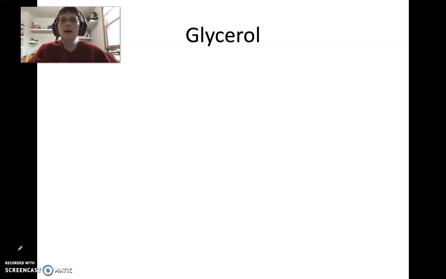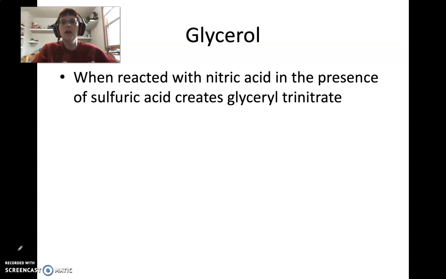This is lecture 5 from chapter 12, picking up with talking about alcohols. So we're going to talk a little bit about glycerol. We saw in the last lecture that glycerols are alcohols where 3 hydroxyl groups have replaced the hydrogens. And the reason why I want to talk about these is that, as we saw in the last lecture, glycerols or glycerin